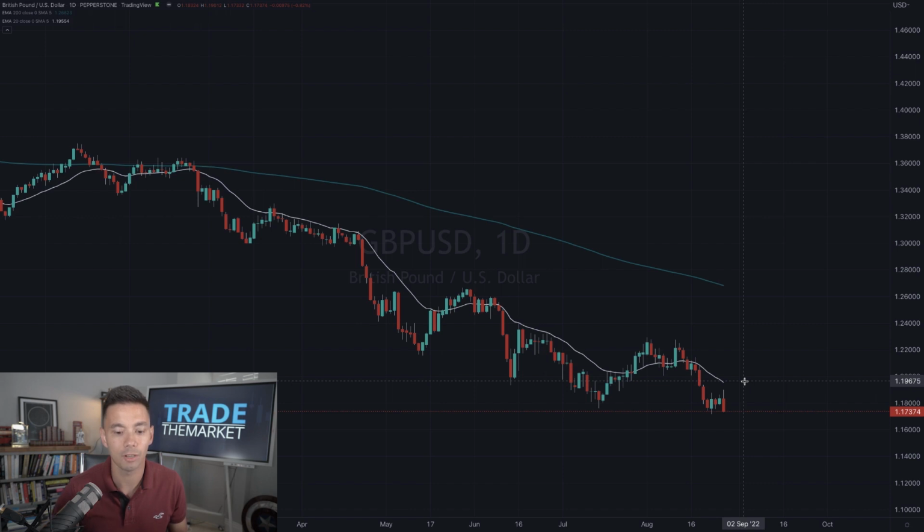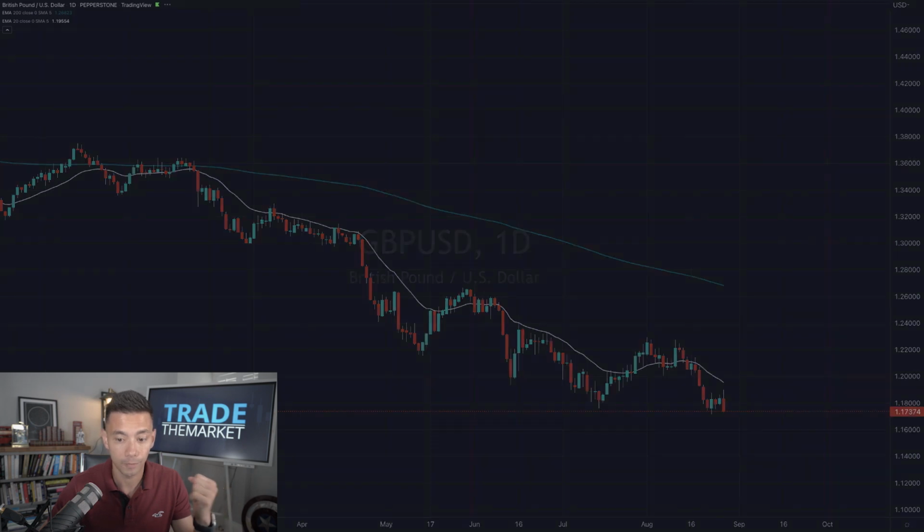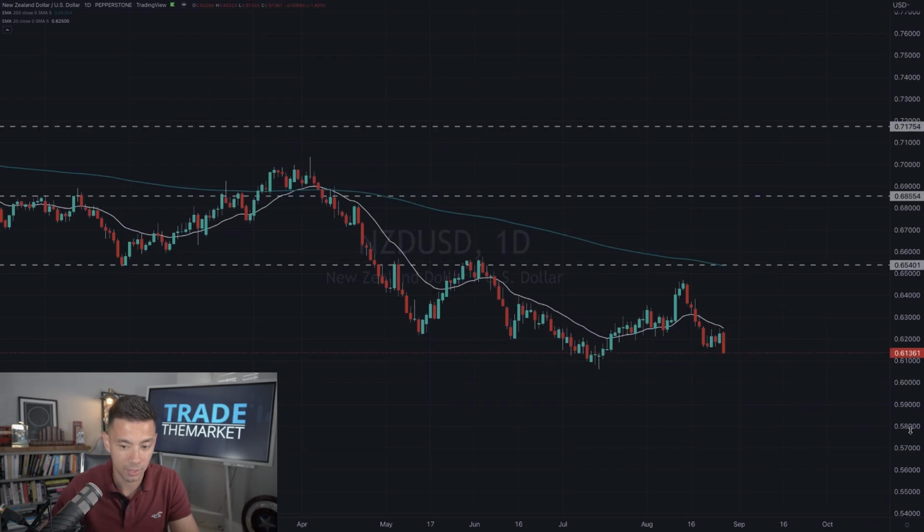And most of the time they're not, which is kind of why you don't want to put your stop all the way back at the extreme highs, when you could have it a little bit tighter, which allows you to take profits tighter as well and still maintain a good reward to risk ratio. The next trade is the New Zealand dollar.